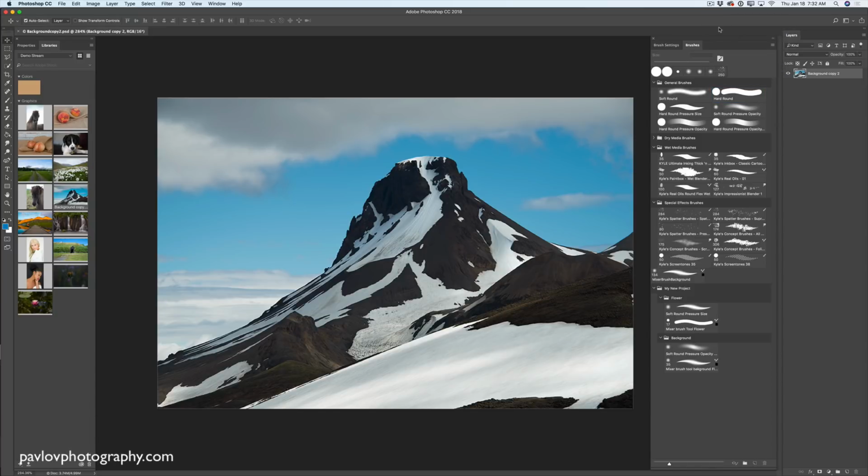Now let's talk about another new feature. We will talk about variable font. I love this new feature. I'm using this feature all the time, and I will show you my workflow for how I use variable fonts. So this is my image I took last year in Iceland, and now I would like to create a cover